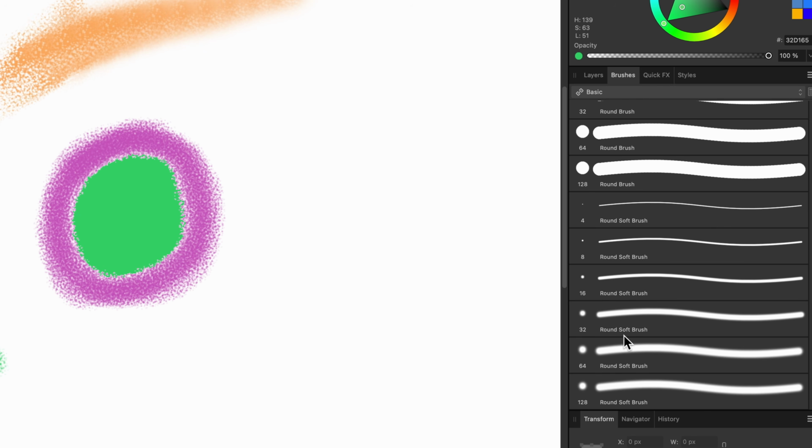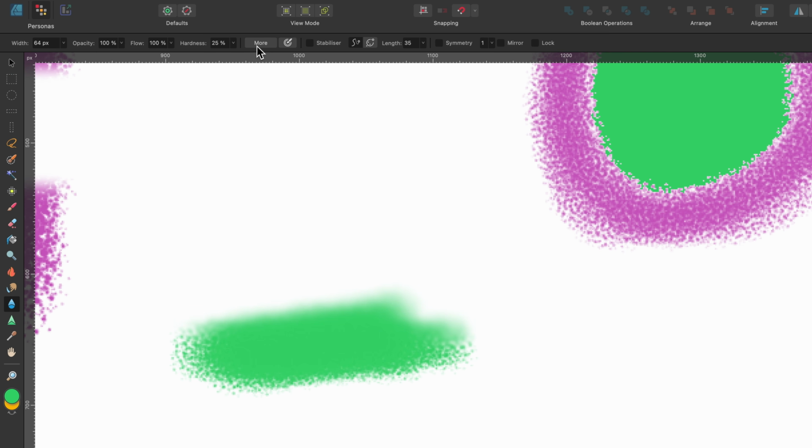Okay, let's go down and try out the blur brush tool. And in fact, I'm just going to switch over to the basic brushes. And I will just start painting with it. So you can see it's kind of blurring it out here. And again, you can play around with the settings in the context toolbar. And the next option down there is the opposite, basically. It's a sharpen brush. Again, I will use this on the photo.